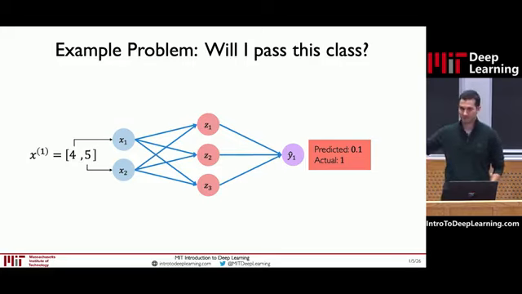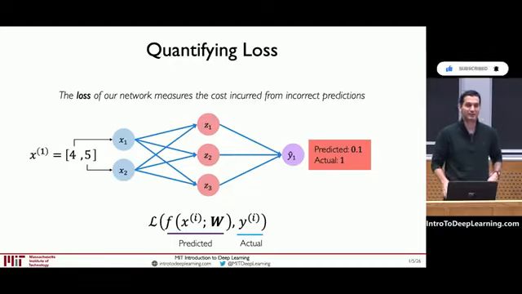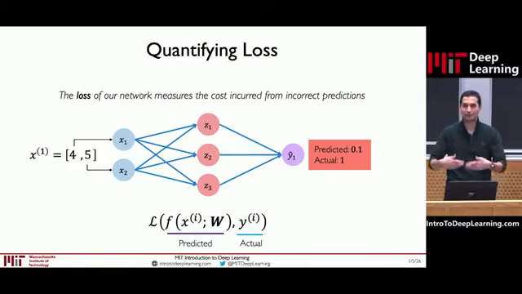So there's a deviation here. There's a difference between the 0.1 that the model predicted and the 1 that it should be answering. Now, to train this network, we need to show it this difference. We need to tell it when it gets the answer wrong so it can learn to move closer towards the correct answer the next time it sees a 4 or 5, right? If it sees 4 or 5 again, it should now improve on its answer and should predict something closer to a 1. We do this by quantifying what's called a loss.